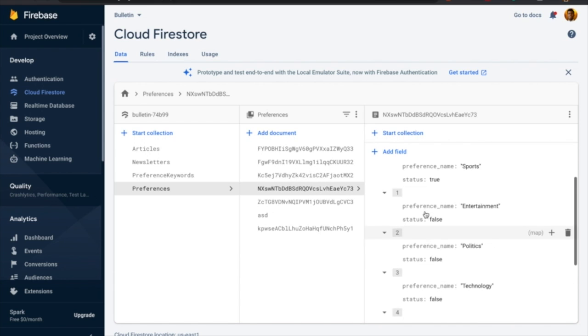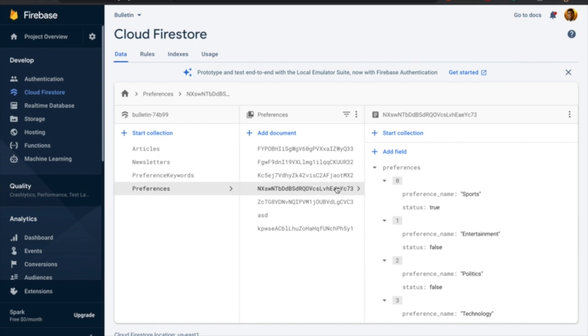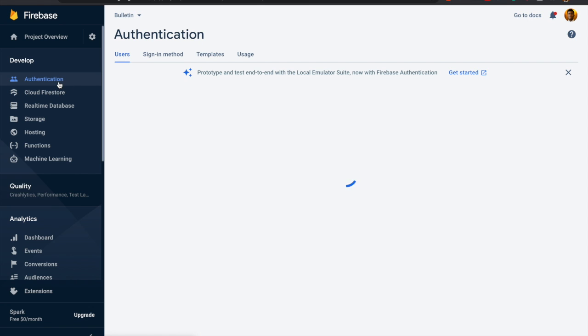And this one's pretty self-explanatory, pretty obvious. And we've shown you before in the actual product where you can edit these preferences as well. Where are we getting these user IDs from, right? They seem pretty randomly generated, but these are actually generated for us by Firebase through our authentication flow.